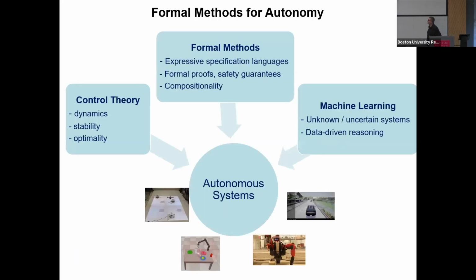So in my group, we're focused on autonomous systems, very related to what Christos just showed. In order to deal with autonomy, we bring together tools from formal methods, control theory, and machine learning. We like formal methods because they provide expressive formal specification languages that we can use to describe what we want a robotic system to do. Also, they provide the backbones for writing down formal proofs and having guarantees of correctness or safety, the way Christos defined it. Also, formal ways to combine several systems together into a larger system.